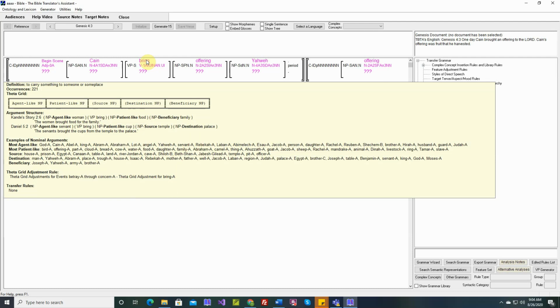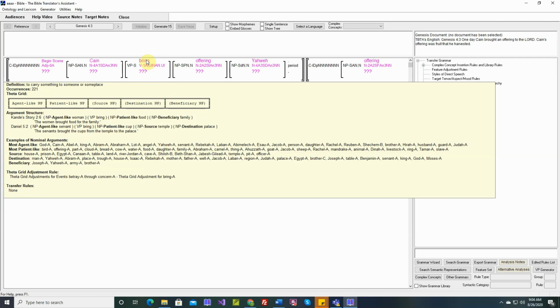The other example, Kanji story 2:6. The women brought food for the family. So family is in a beneficiary noun phrase. So every verb and every adjective as well, they have what we call theta grids. And you can see examples down below of some of the agents, the patients, the sources, the destinations,